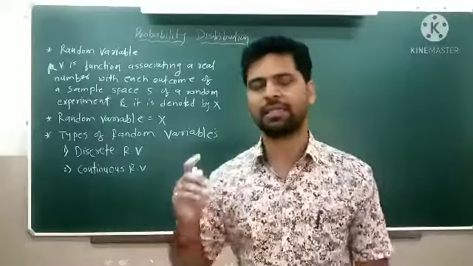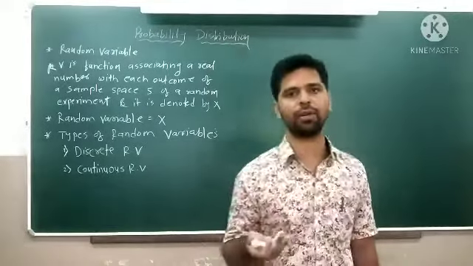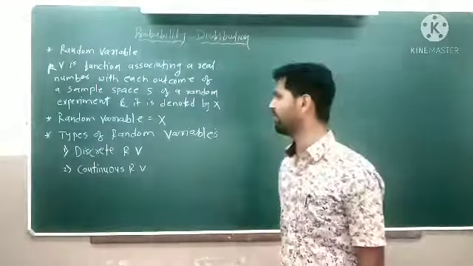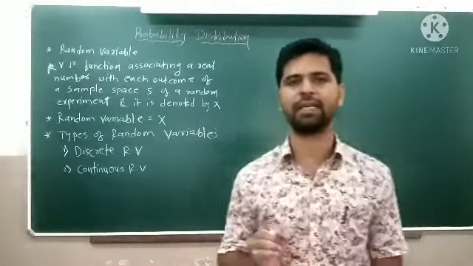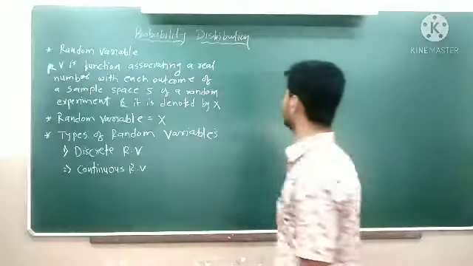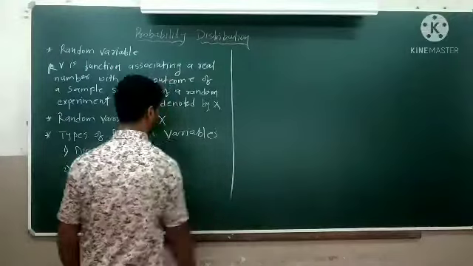We have seen that stars in the sky are uncountable, no one can count them, so that is also a continuous random variable. So these are the types of random variable we have: discrete and continuous random variable. Okay, now the next thing we have to see is